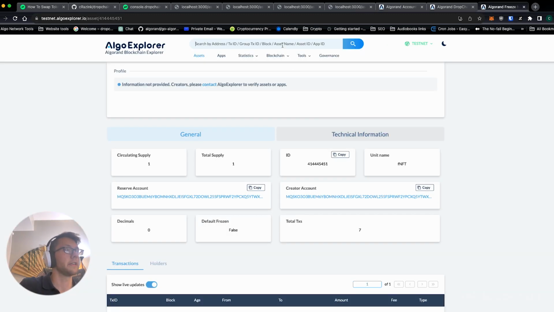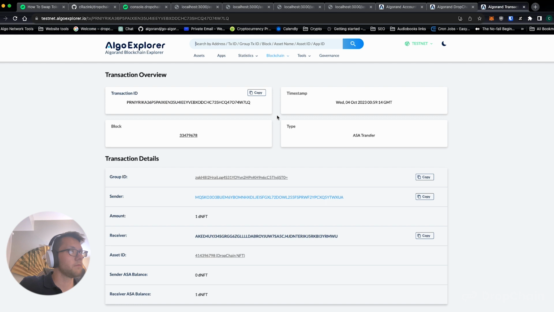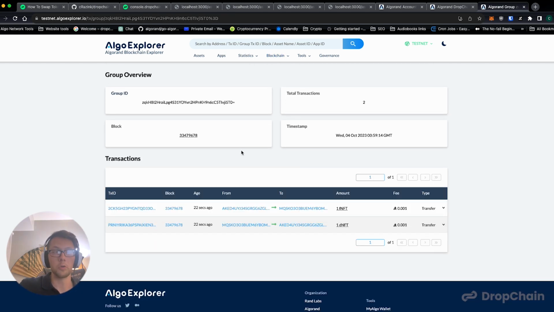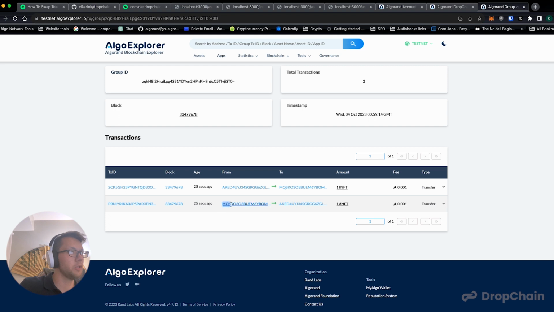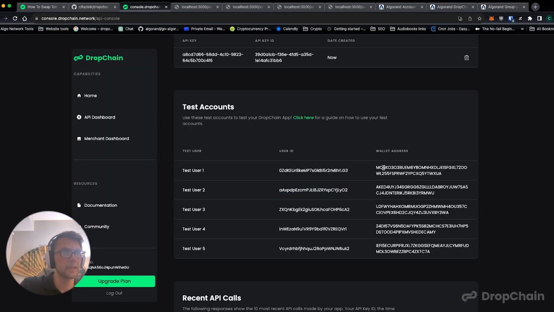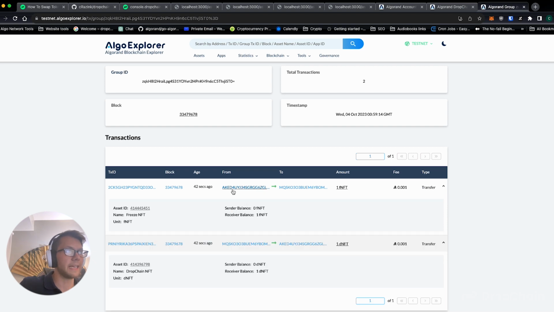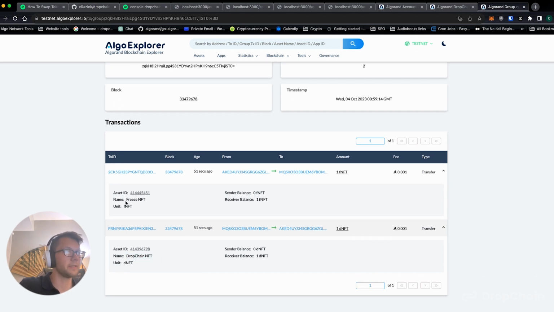So we have 1 transaction ID. Let's take a look here. If we go on the testnet and look at the group ID, which is the group of transactions, we'll see that MQSK, test user 1, is sending 1 DropChain NFT to AKED, test user 2. That's exactly what we expect. And the opposite is AKED, test user 2, sending it to MQSK, test user 1. And just like that, we swapped a DropChain NFT for a Freeze NFT,